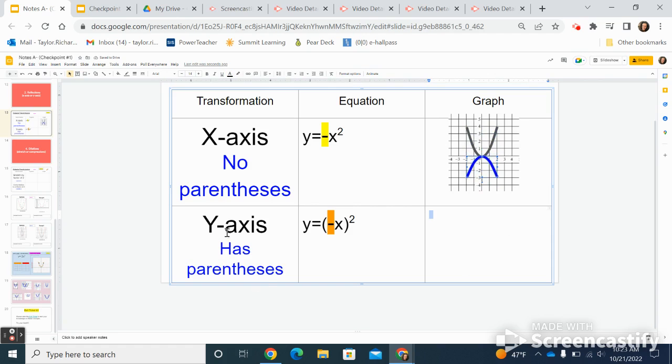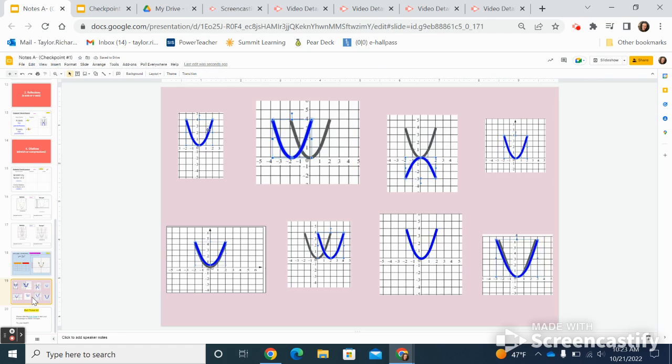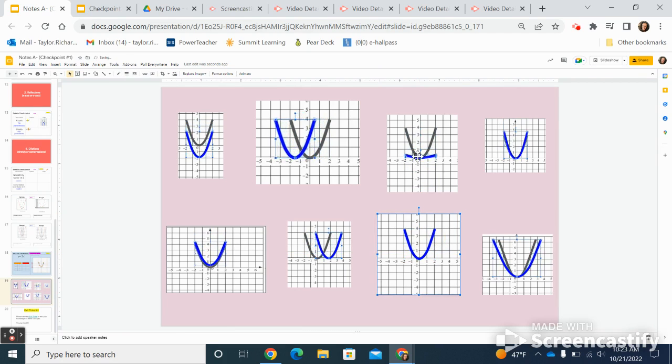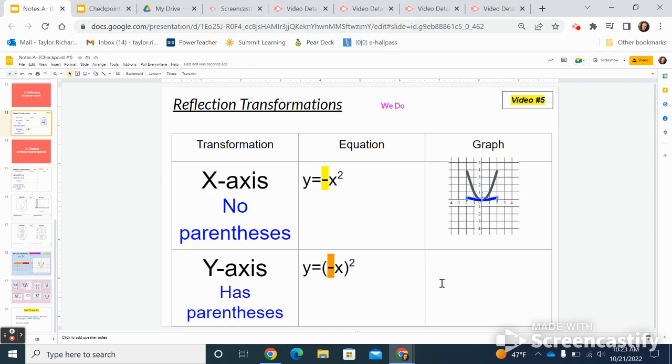Now, let's find the picture for the y-axis. And again, this one's a little weird and you don't see it a lot because it's this graph down here. It's right below the one we just copied. And so you see it's still being flipped, but it's being flipped over the y-axis, so it ends up looking exactly the same, right? If you flip it, it's going to look exactly the same because both sides are even and they look the exact same. So we don't see this one really because it ends up looking the same, but we're going to copy it and go ahead and